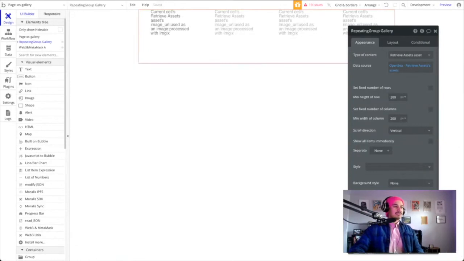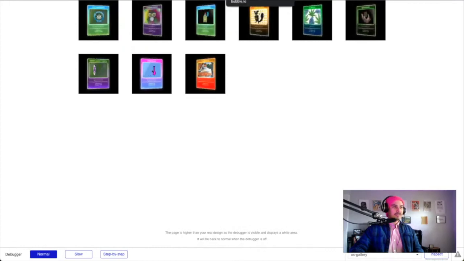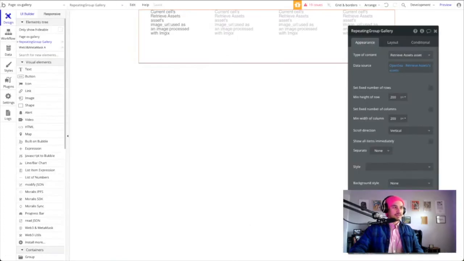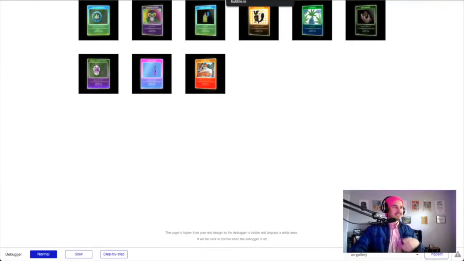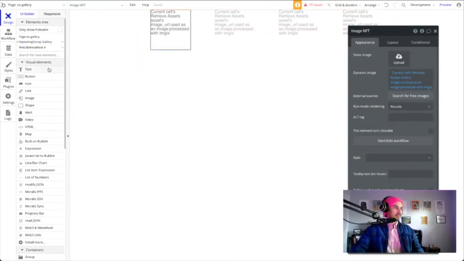I mean, that's your basic NFT gallery functionality. Now, this could be useful in all kinds of applications. You know, we're just trying to get some basics here so that we know how to build things with basic building blocks for Web3 and blockchain applications. So we've got that. Let's bring in a text